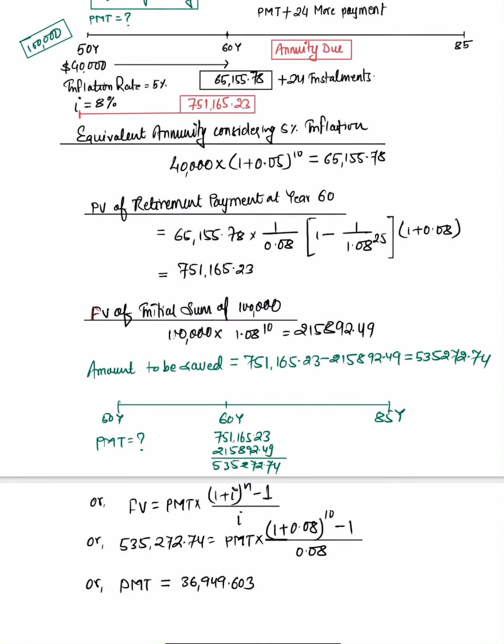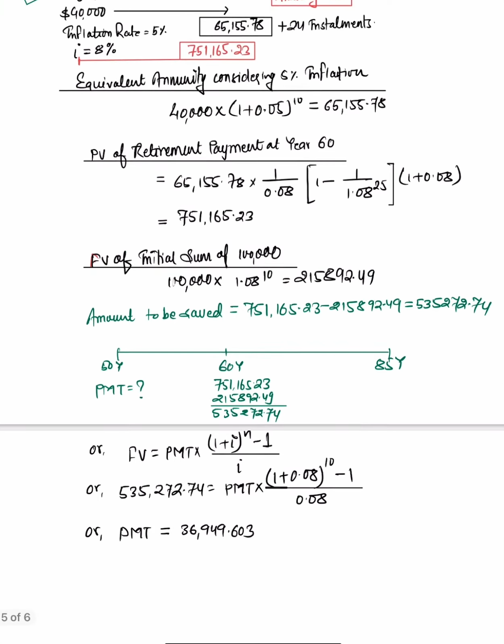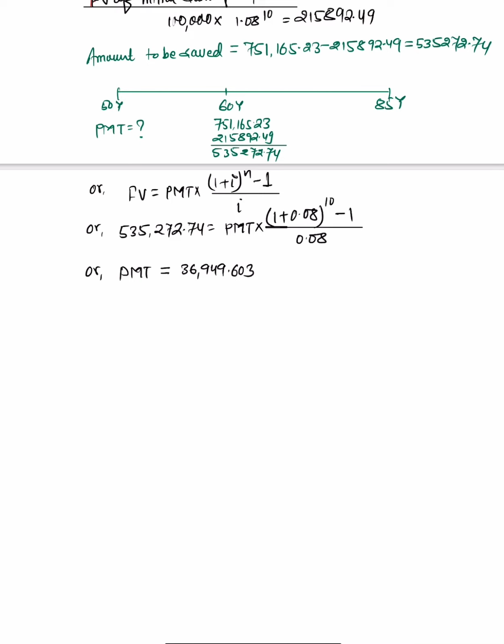It's a very simple question. There are two concepts being used. One is how you account for annuity due, and the other is the ordinary annuity. Needless to say, if you understand how to work out the present values and future values of these annuities, you will be able to solve this question. So hope you understand it. If not,